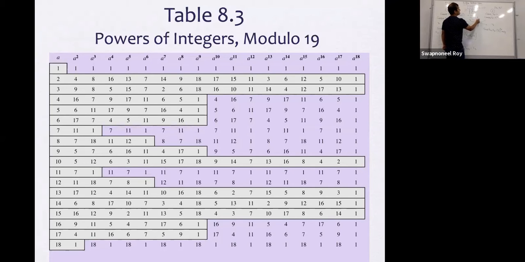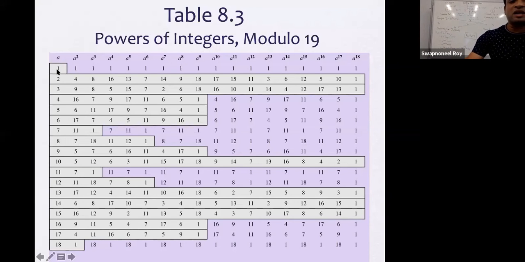So if you look at the table, it is an 18 cross 18 table. A or alpha, in that case it is mentioned as A, just read it as alpha. And the exponent is I. So basically it's an 18 cross 18 table where the rows represent the value of alpha, and the columns represent the value of I, which is the exponent. Okay, so now let's read this particular table first.